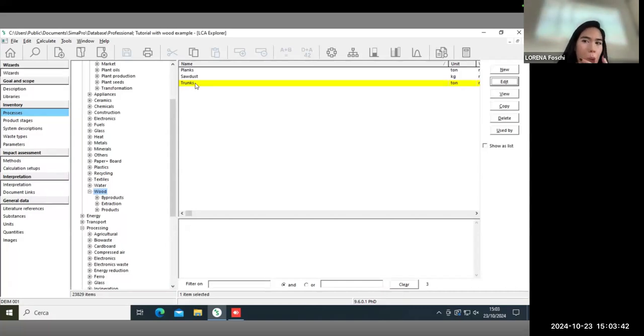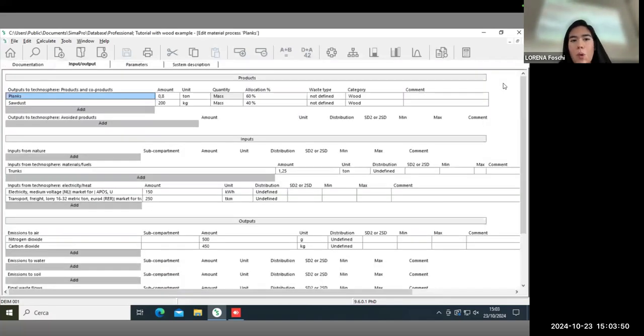Another step, another process. So I already created the planks process, meaning the process that has planks as output. So for example, here we are seeing